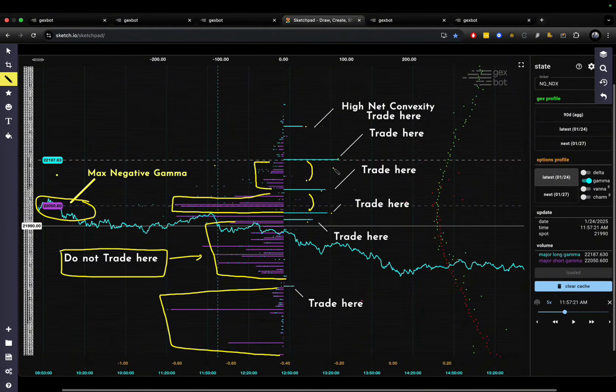So basically you trade here, you trade on these levels, and I'm going to explain how in a minute. But you do not trade on the negative gamma, right? You avoid entering the market in these levels, right? And I put it here, do not trade here. The only level which I pay attention to and which is very important for me is the maximum negative gamma, right? Why? Because